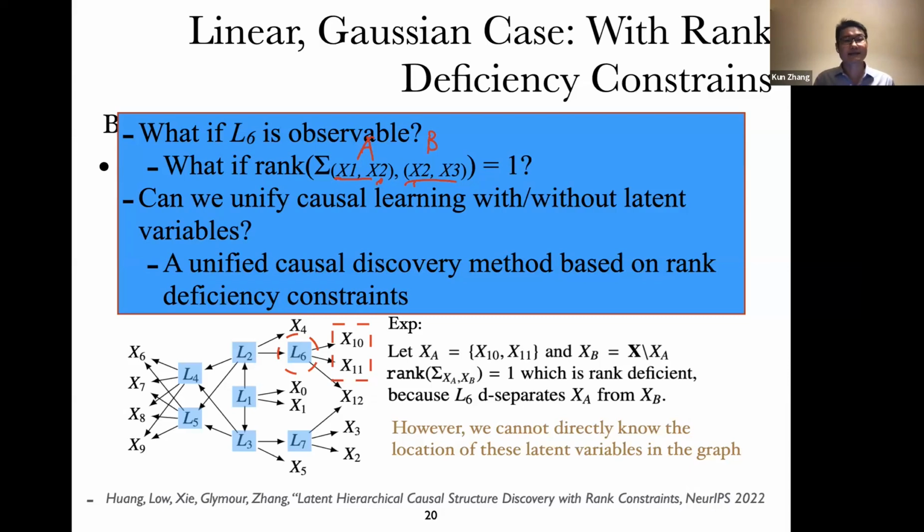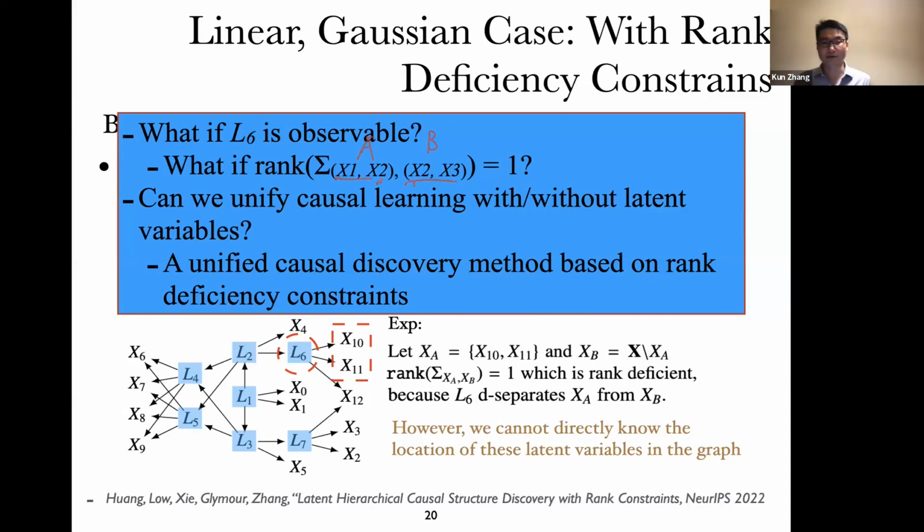Now you can see, yes, with rank deficiency, you can also include conditional independence tests over the measured variables as a special case, but this condition is much more general, and you can allow measured variables and latent variables to be anywhere. You can allow relations among the latent variables, relations among the measured variables, and causal relations between the two different types of variables.